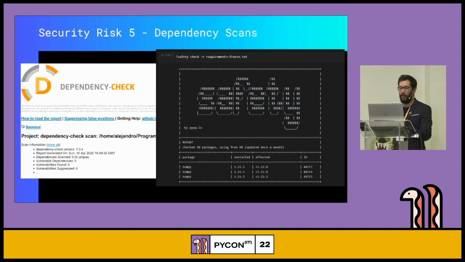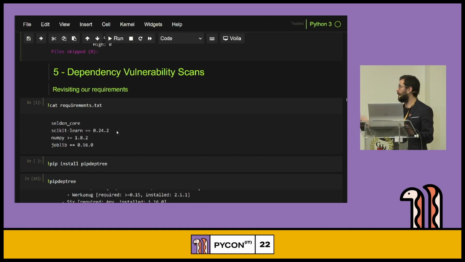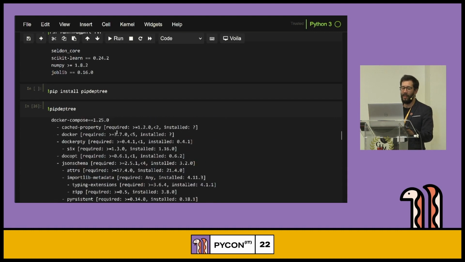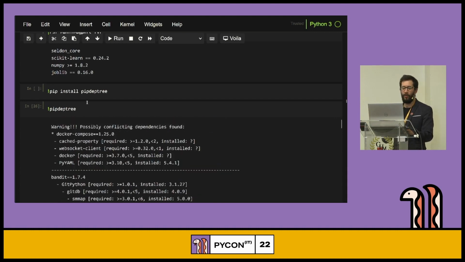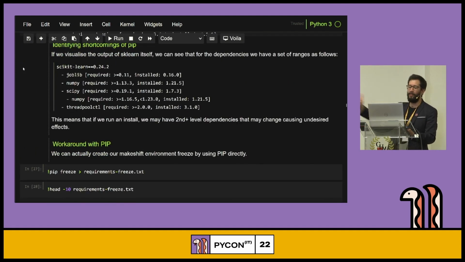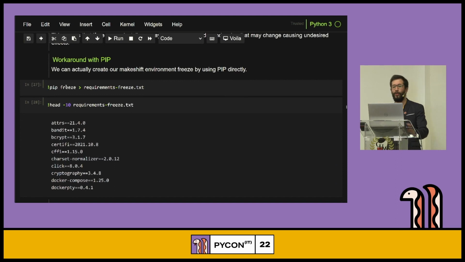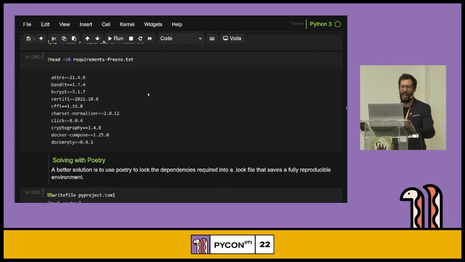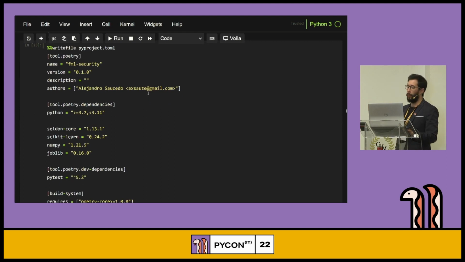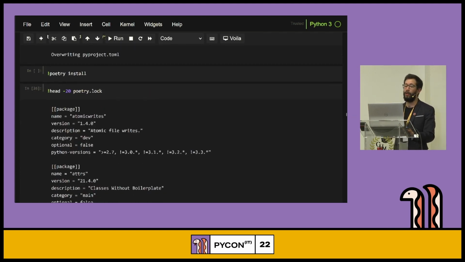Now let's move into that example of vulnerability scans. There are some really interesting ways of visualizing this. Of course, when you look at the dependencies of Python, you may pin all of your first level dependencies, but if the second level package doesn't pin them, that's it, right? That means you're going to have some breakages. Of course, you can try some workarounds, doing a pip freeze into a requirements-freeze.txt and just having all of the dependencies on your environment. But there are better practices to do this, similar to the Poetry project, which generates a poetry.lock file.